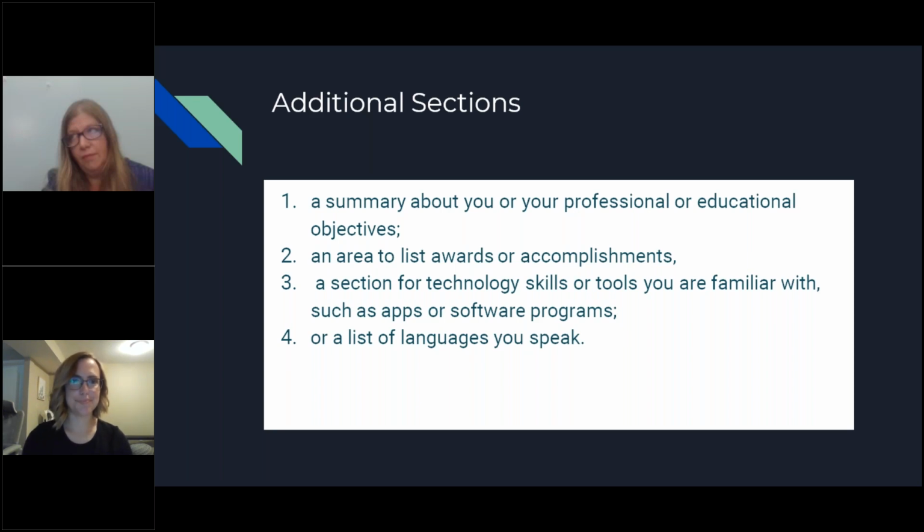So another additional section is a technology skills or tools section. You will list any apps or software that you know. This has become a really lengthy section for my personal resume. Microsoft Office skills are so in demand. Sometimes I'll list the software package, like Microsoft Office, and then I'll put a colon and list Word, Excel,